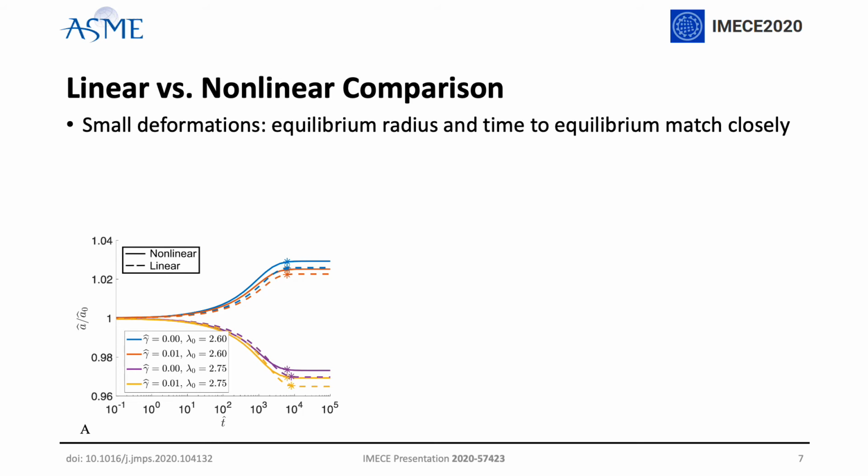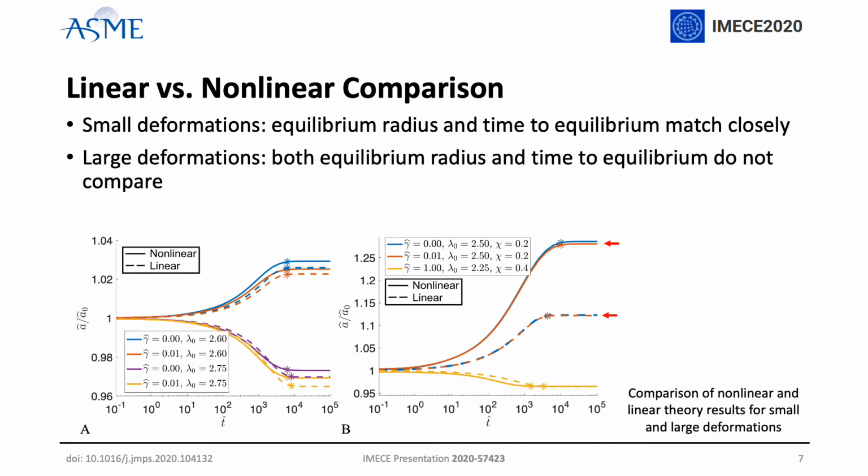The asterisks indicate the normalized time to 99% equilibrium swelling. We can see that the nonlinear and linear theory results compare closely for small deformations in both final radius and time to equilibrium. In figure B, the red and blue lines show simulations where the material parameters were chosen to keep the strain above 5%. We can see that at large deformations, not only does the radius not match, but the time to equilibrium does